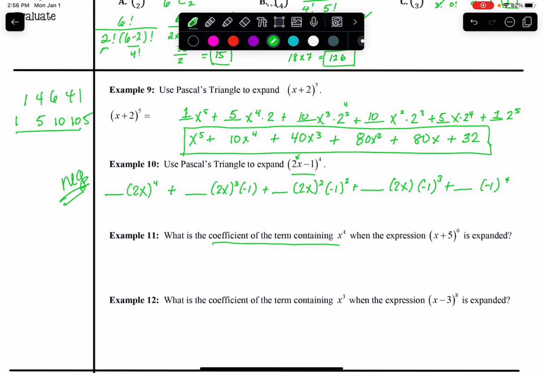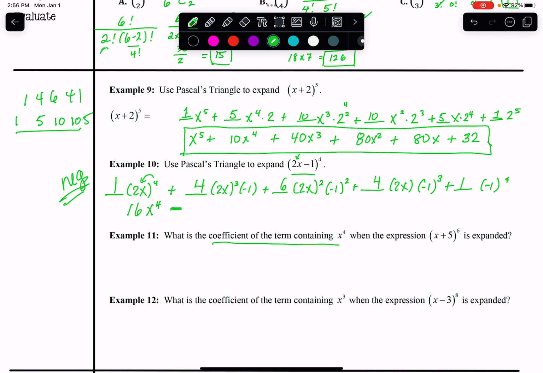Now our Pascal's triangle was 1, 4, 6, 4, 1. All right, so now don't forget you have to raise the 2 to each power also. So 2 to the 4th is 16x to the 4th. Okay. Now, I have a 4 times a negative 1, so that's going to give me a negative instead of